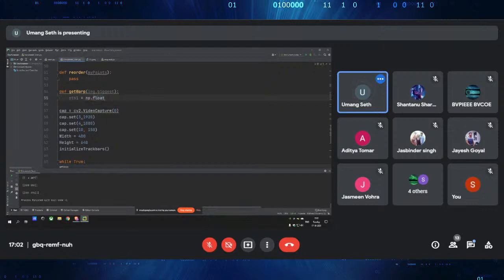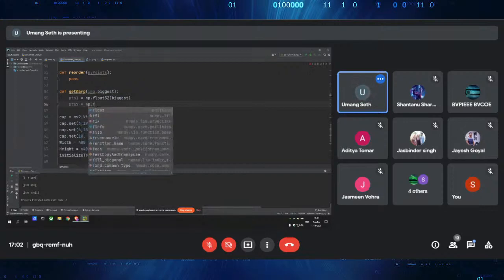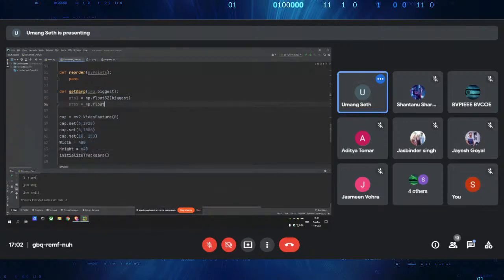So 32, biggest. Yeah, my second point is actually the point that I want, so that will be 32, and I need the point as